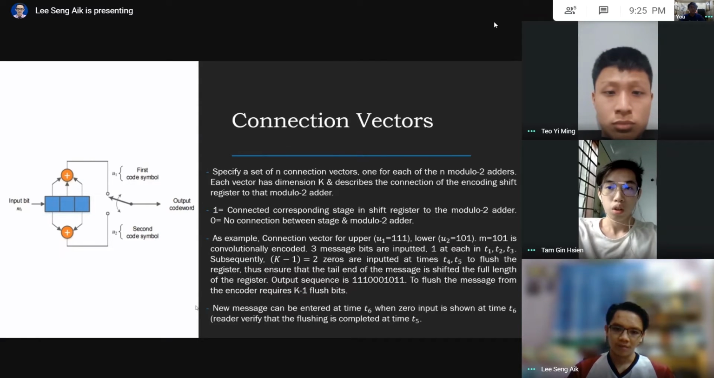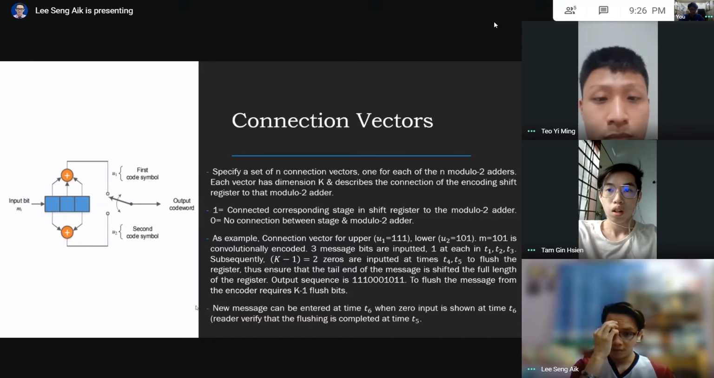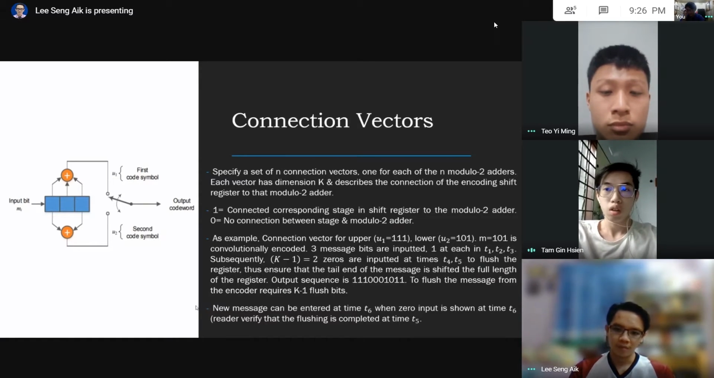As an example, the connection vector for upper U1 is equal to 111, lower U2 is equal to 101, and the message M equal to 101 is convolutionally encoded. 3 message bits are inputted, one at each of T1, T2, T3, which are the 3 times. Subsequently, k-1 equal to 2 zeros are inputted at times t4 and t5 to flush the register. Thus, it ensures that the tail end of the message is shifted the full length of the register. The output sequence is